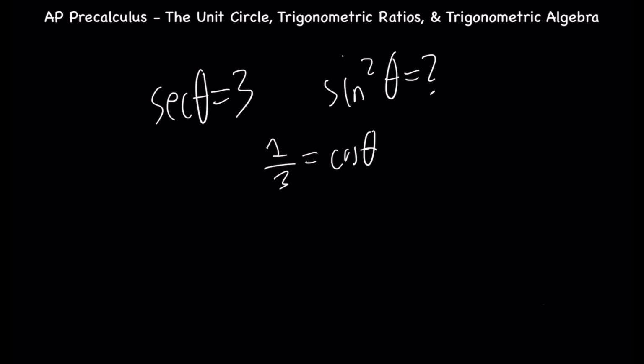Then you relate back to the Pythagorean theorem, because we're looking for sine squared, right? We know that this equals 1. And the way to find sine squared